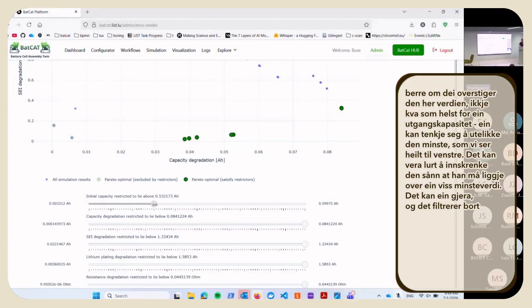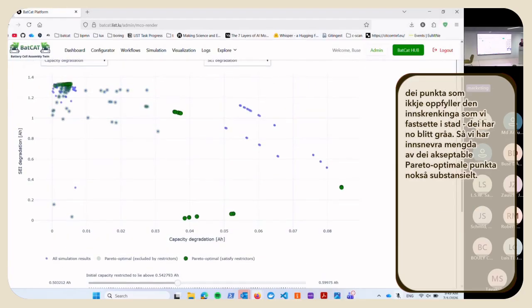So you might not want to accept any initial capacity like the lowest one that you can see on the left, but it might be advisable to restrict the initial capacity to lie a bit more above. Okay, and then you can do that, and this filters out those points that violate the restriction that you just set.